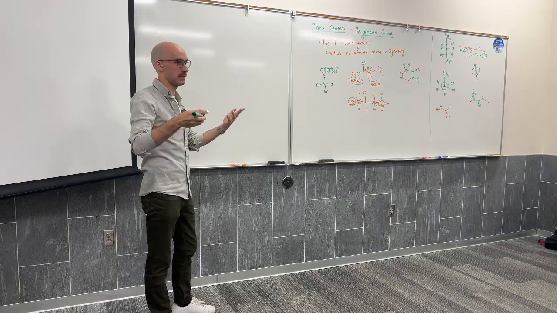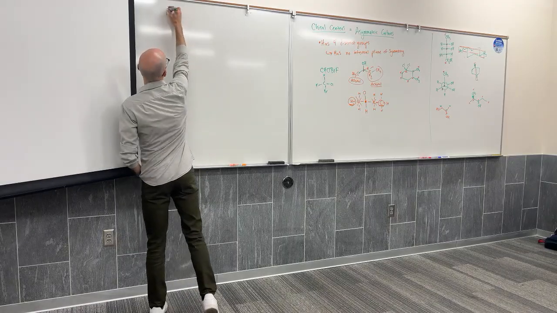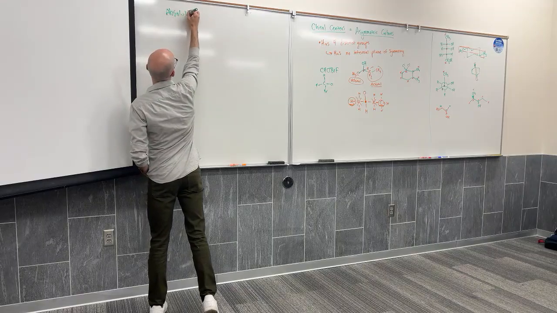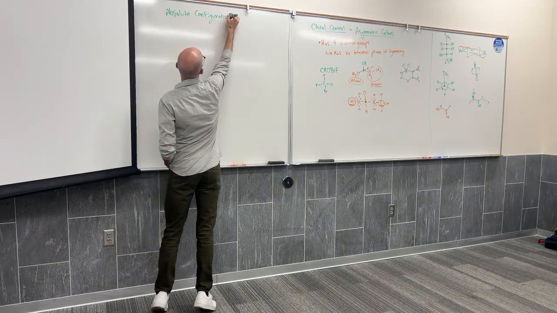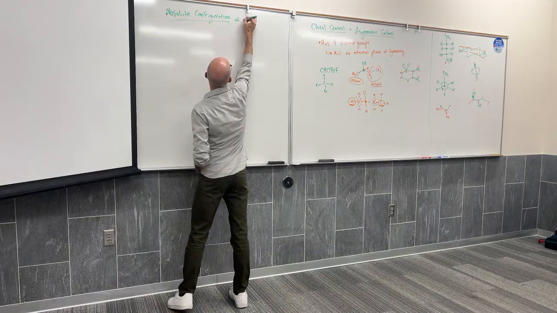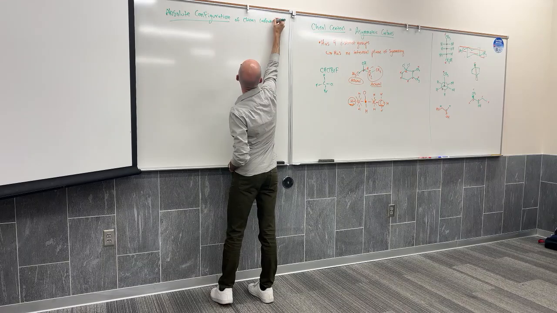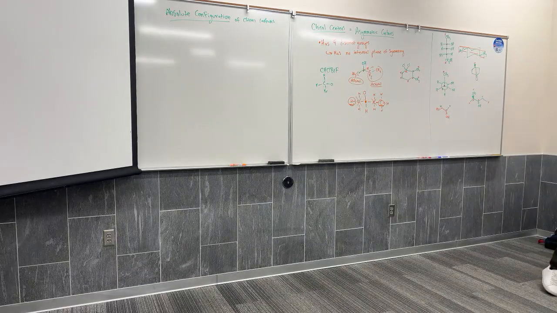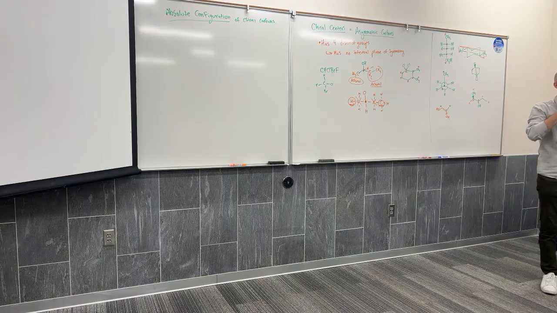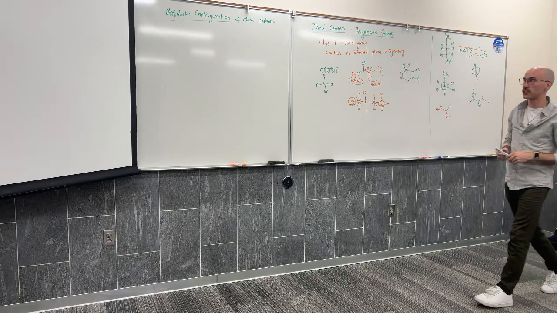Before we start applying these terms, chiral and achiral, to larger molecules, I want to look at this definition called absolute configuration. Chiral meant what again? Asymmetric. And it comes from what Latin word? Yeah, I said that a little wrong. It comes from the Latin word for hand. So,